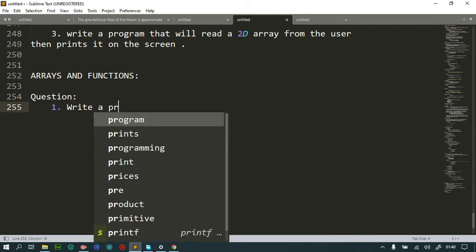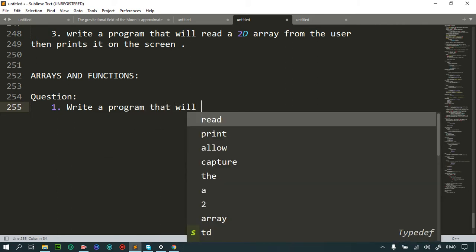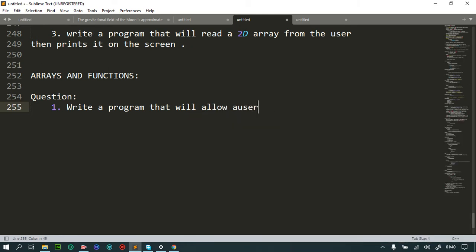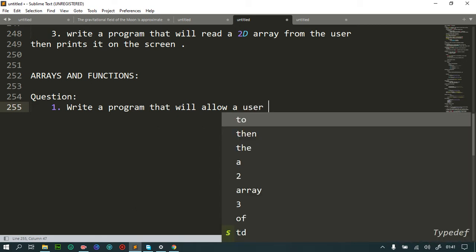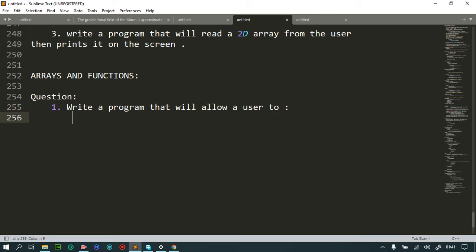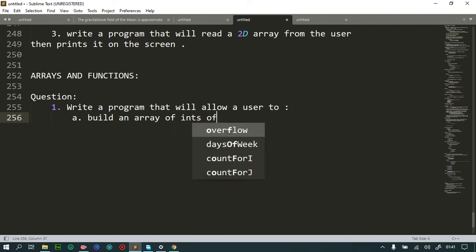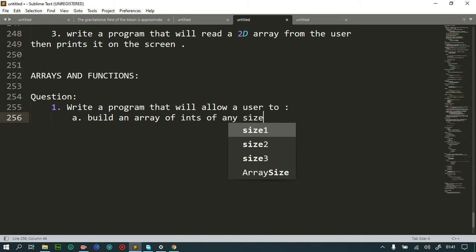Write a program that will allow a user to, let's say, build an array of ints of any size,